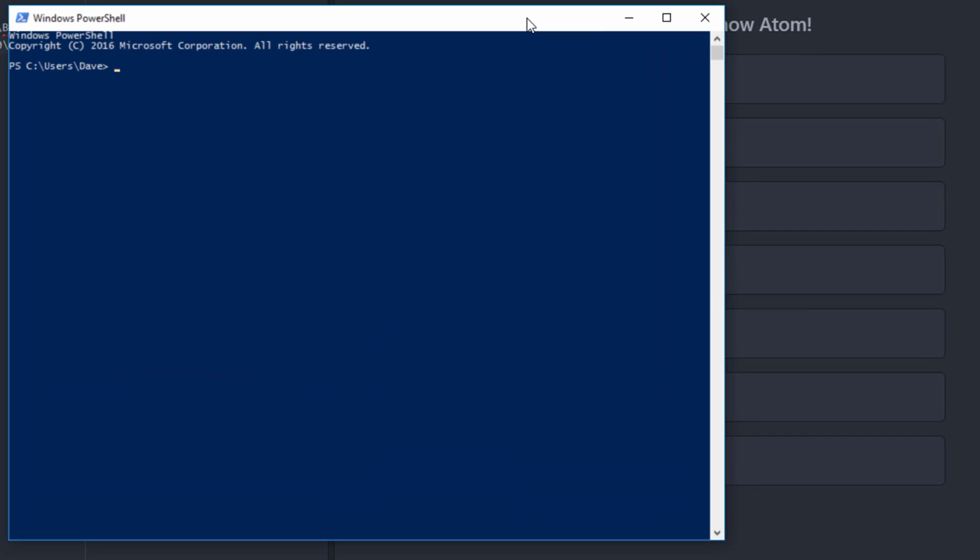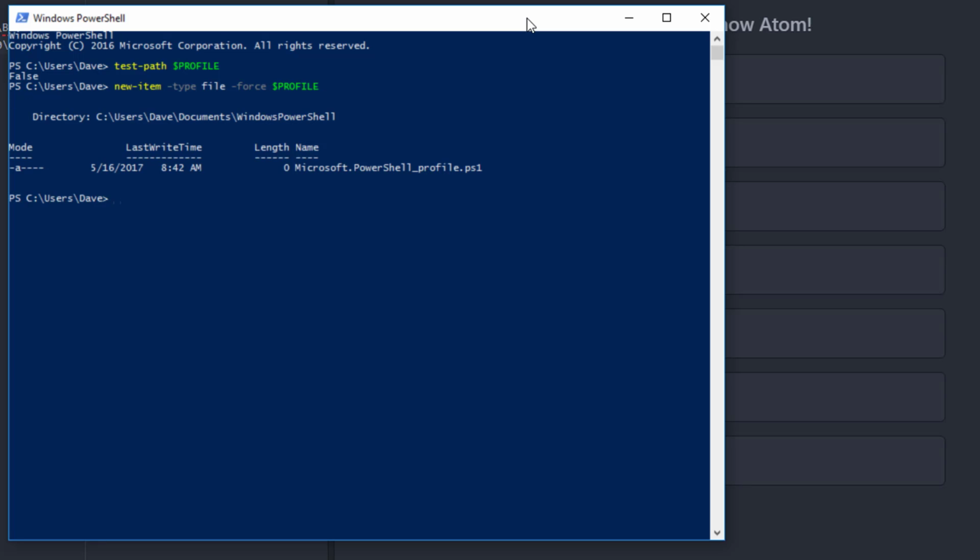I've opened PowerShell, and I'm going to use it to create the things that we need. I'm going to use the test path command to see if the directory that I need exists, and it doesn't. So now I'm going to use the new item command to create a file, and I'm going to add the force to make it if it doesn't exist. Now we can see it's made the directory in my documents in the Windows PowerShell, and it's created this